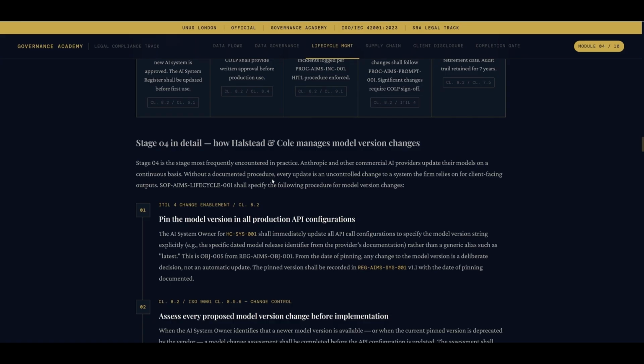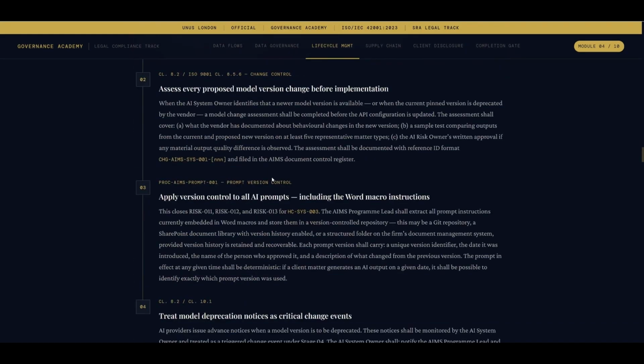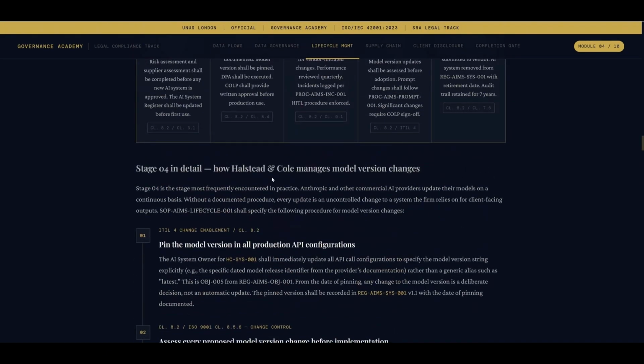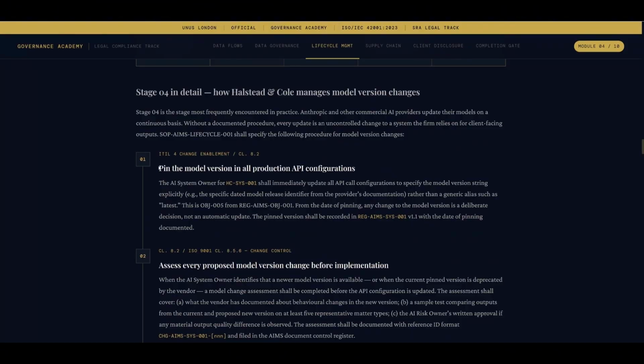Now, the SOP management system lifecycle shall specify the following procedures for model version changes. Okay, and we've got 4 of them. All right, the first falls in line with ITIL 4, change implementation clause, and also the ISO 42001/2023 clause 8.2. Now, the AI system owner shall immediately update all API call configurations to specify the model version